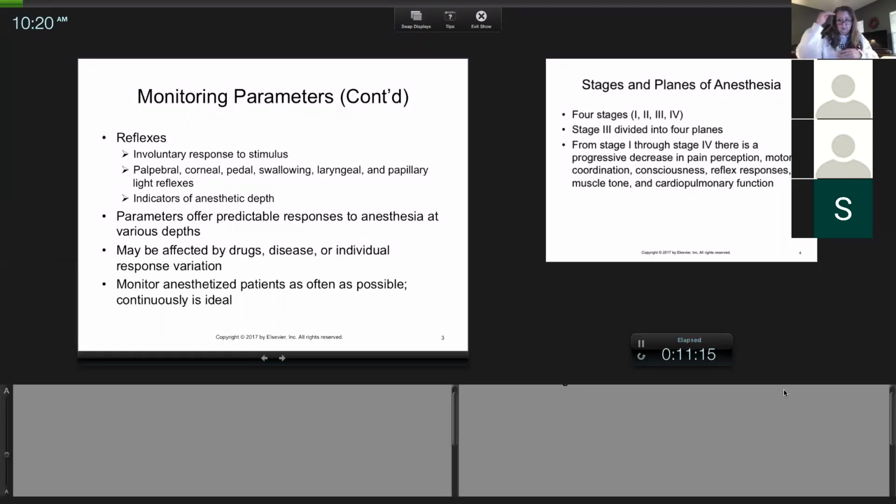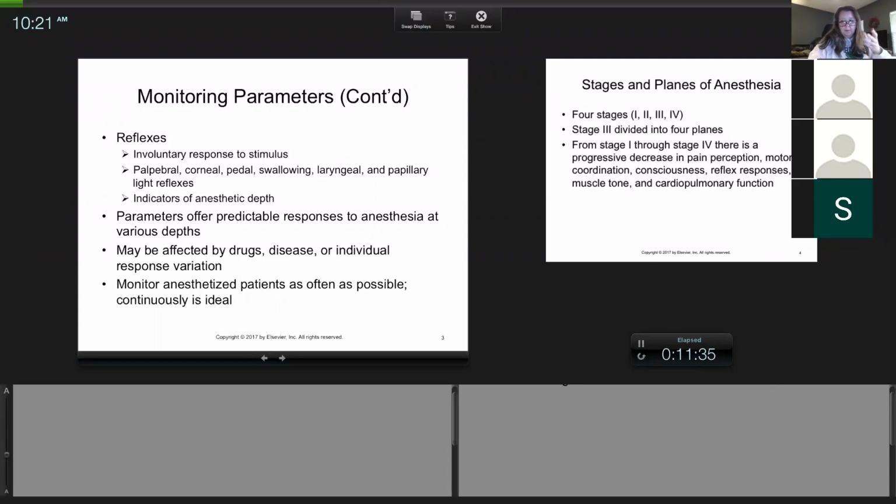So that's why I use the awake and dead: you know what they do when they're awake, you know what they do when they're dead. We're going to keep them somewhere in here, and you're going to use these reflexes to assess where they're at. And now, like swallowing and laryngeal,